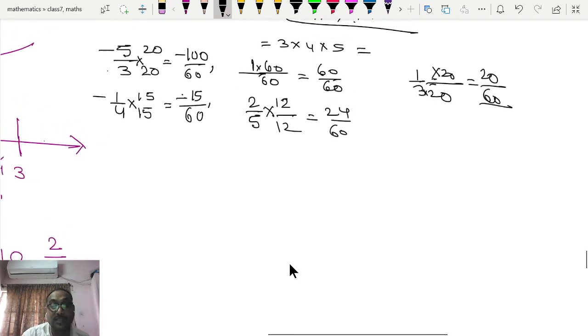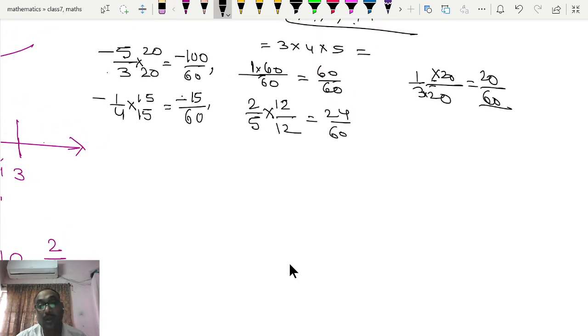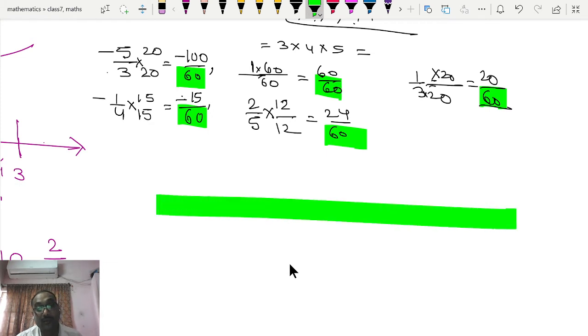So at first see that all the denominators are equal to 60. If all the denominators are equal, then you can compare their numerators, to see which number is the greatest or which number is the smallest. Okay, when you see it from 0 and move to the right hand side, the number is going